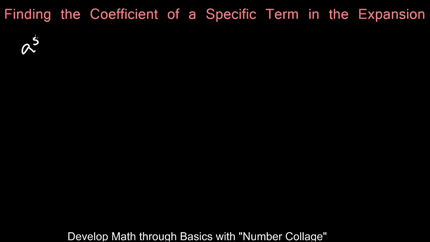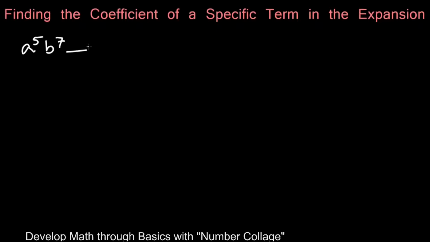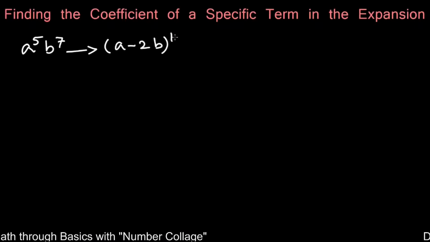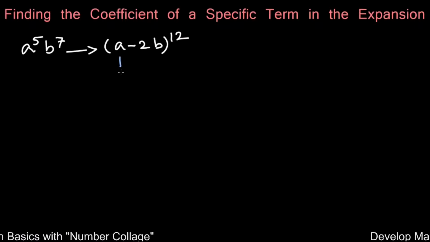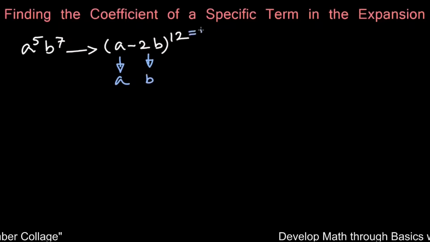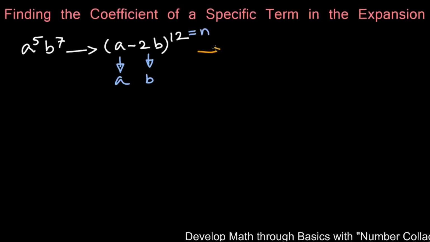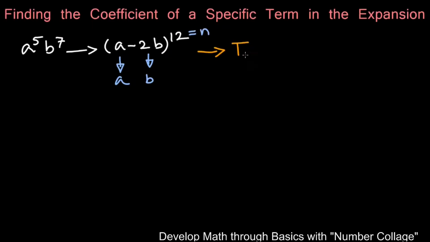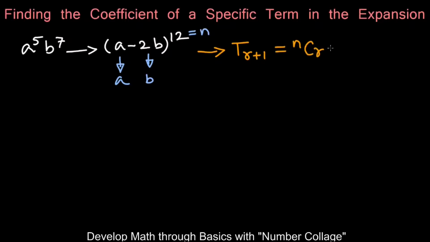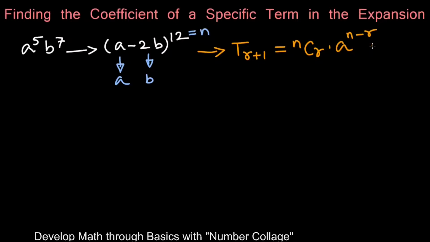In the next problem, we have to find the coefficient of a raised to 5, b raised to 7 in the binomial expansion of (a minus 2b) raised to 12. Here, a is a, minus 2b is b, and 12 is n. The general term of binomial expansion is T(r+1) equals nCr a raised to n minus r b raised